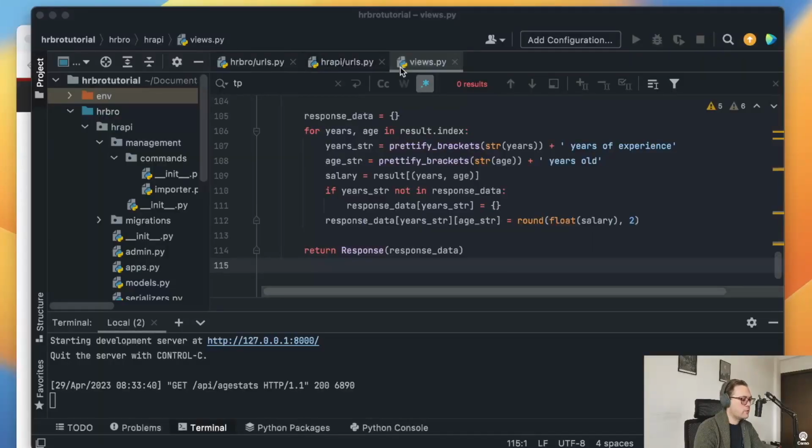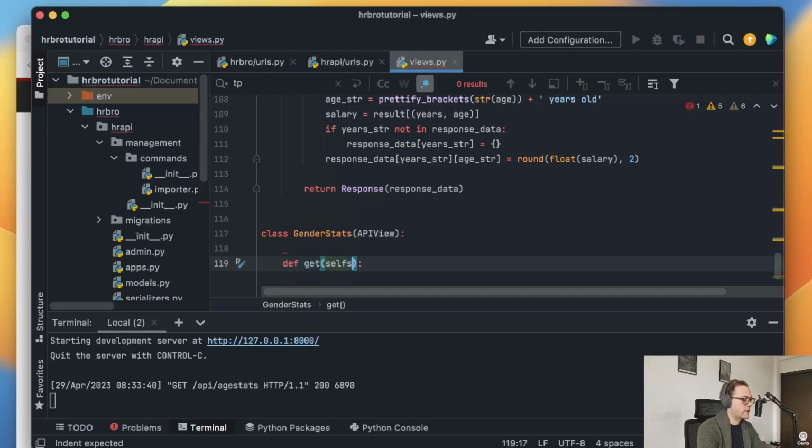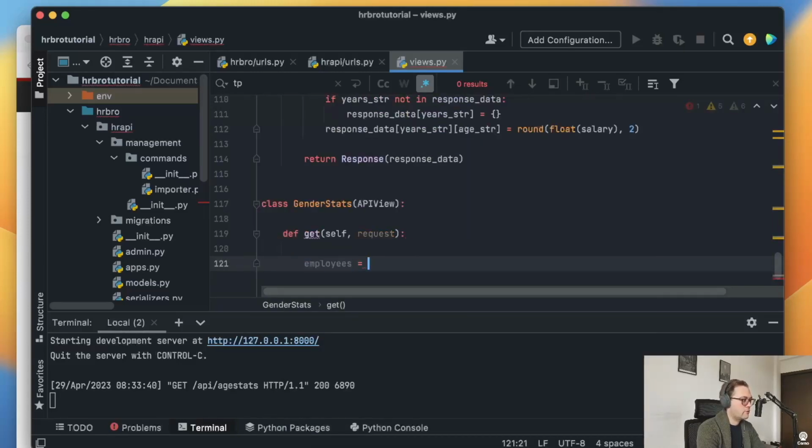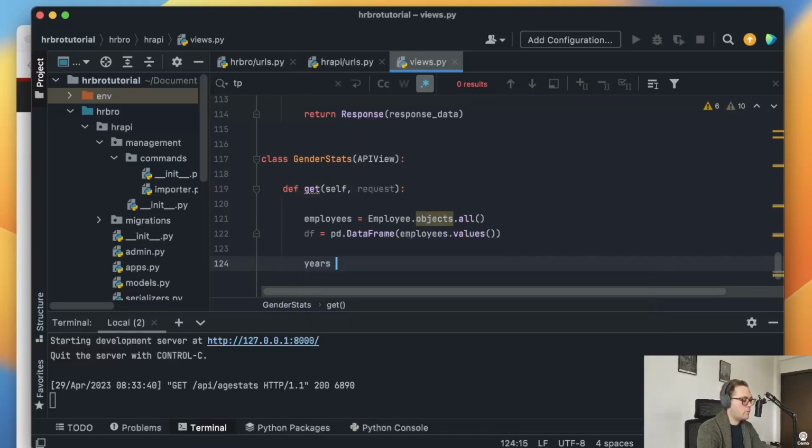Okay, so we are back in our views.py file, and we're going to create a view to get some insight on gender-related statistics. Defining the get function, getting the employees from our database, building our data frame, and now we will want to do something similar, because again, we don't want to be just asking, hey, are women or men making more money? I think it makes more sense to analyze within each bracket of years of experience,